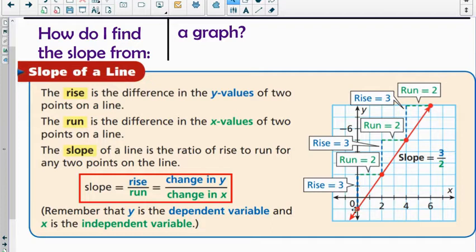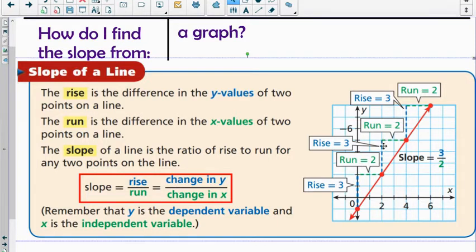If we start at the point that's lower and we count how many spaces up, like little marks here, we'll go up 1, 2, 3 until I'm at the level of the other point. So the rise here is 3 units. If I look at the rise between my second dot and my third dot, again, I count straight up vertically, 1, 2, 3 spaces, and that gives me a rise of 3